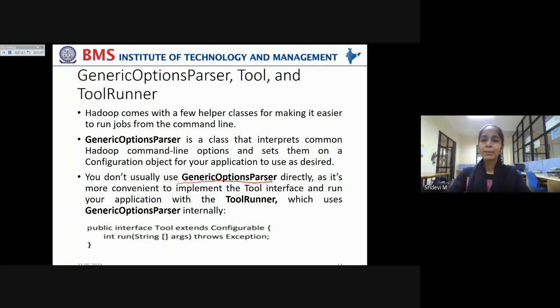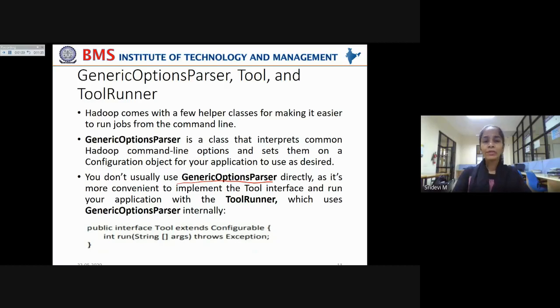It is used through the Tool interface, and it runs your application with the help of ToolRunner, and both of these use the generic options parser internally in the background. We don't directly use this class to implement the Tool or ToolRunner interfaces.